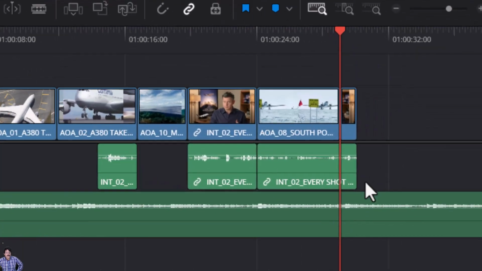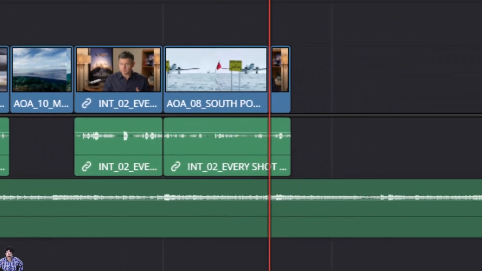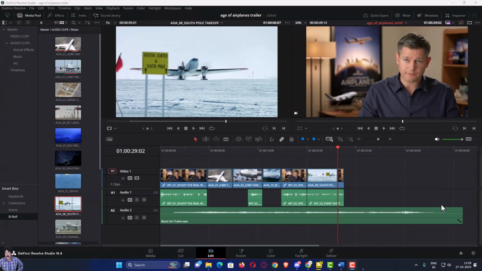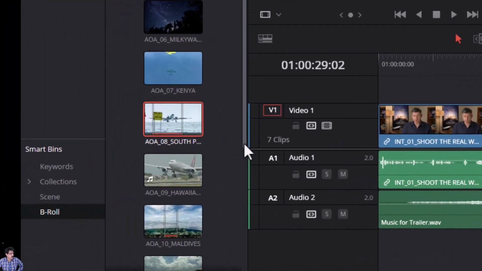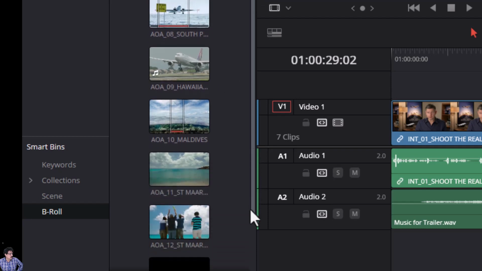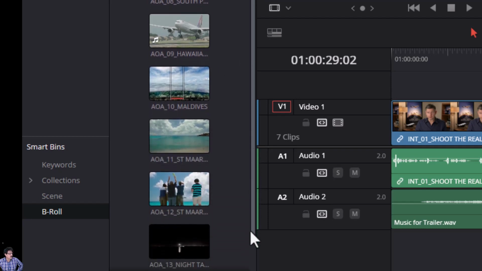Now here, for the remaining part of the music, I am going to add a few more clips. For this, I am going to select this shot Kenya, and along with this Kenya shot, there is one more shot called Martin landing. So with Control pressed on Windows and with Command pressed on Mac, I am going to select this second clip,